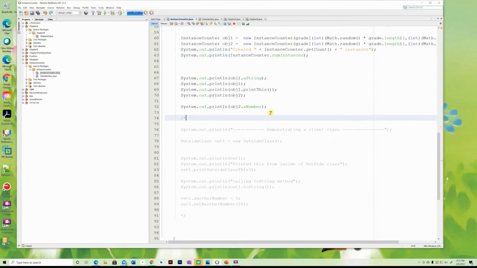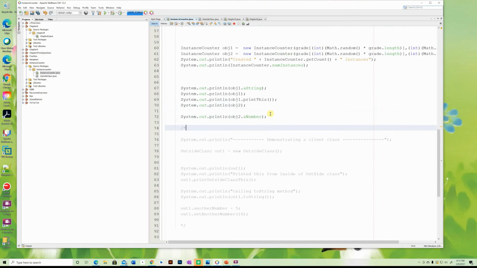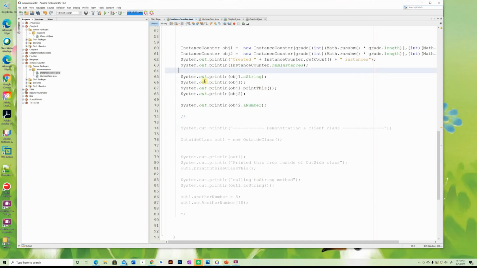Okay, to continue with what I was talking about with static classes, I'll just look at that again here, and then we'll demonstrate client classes and private and public access, as well as work more with this keyword. Okay, so you get a better understanding of the keyword this. But again, to recall here, when I was talking about static